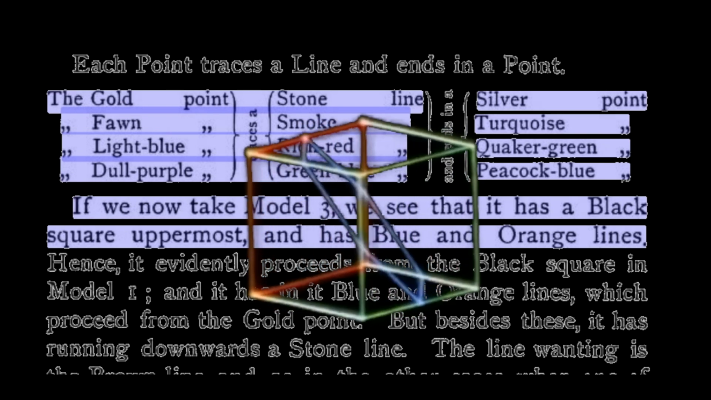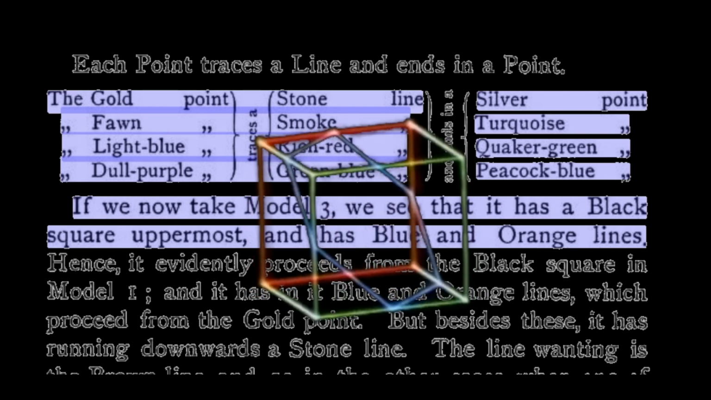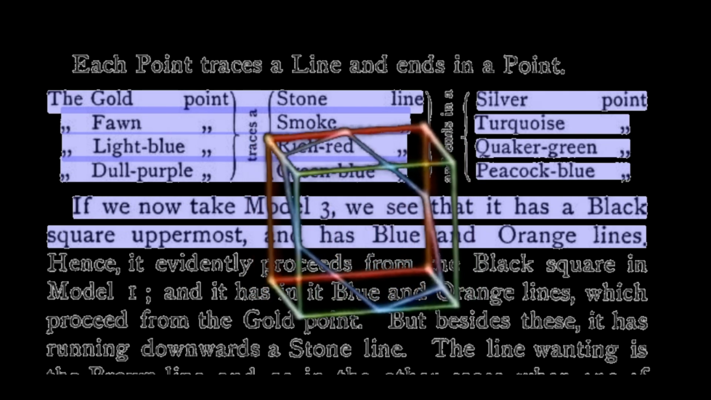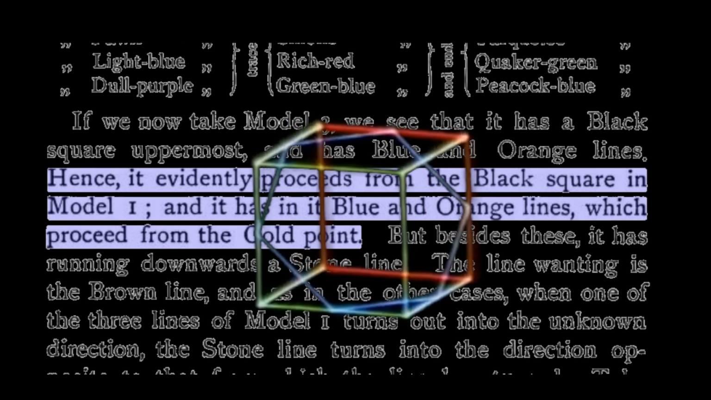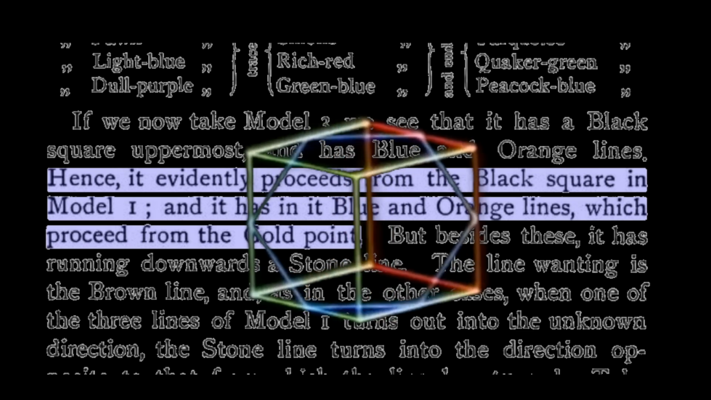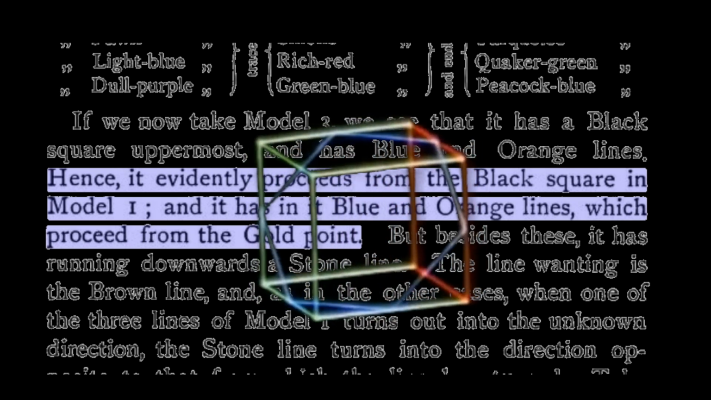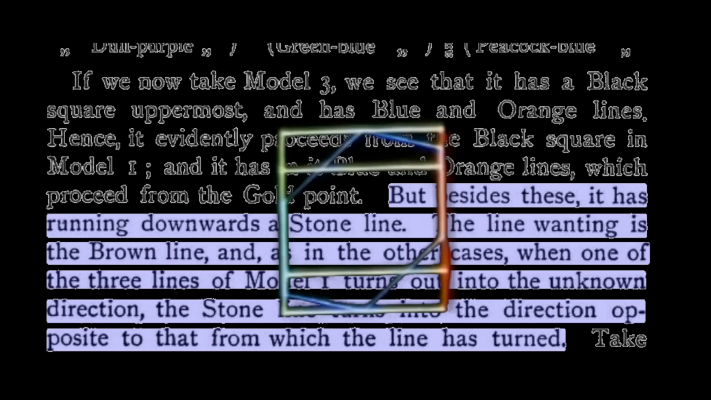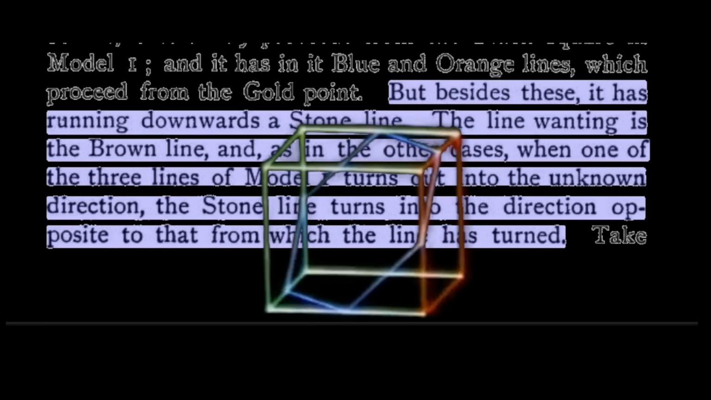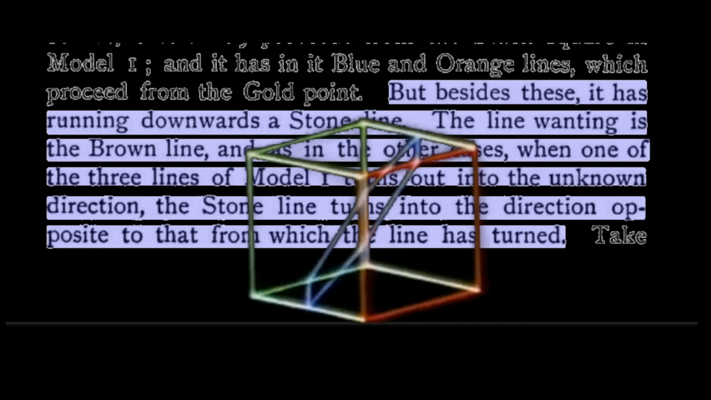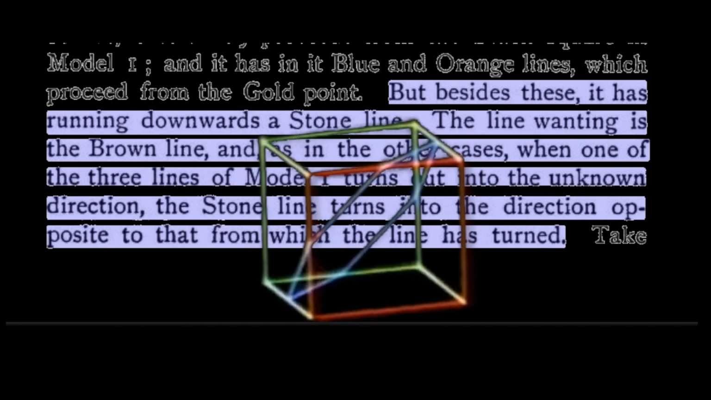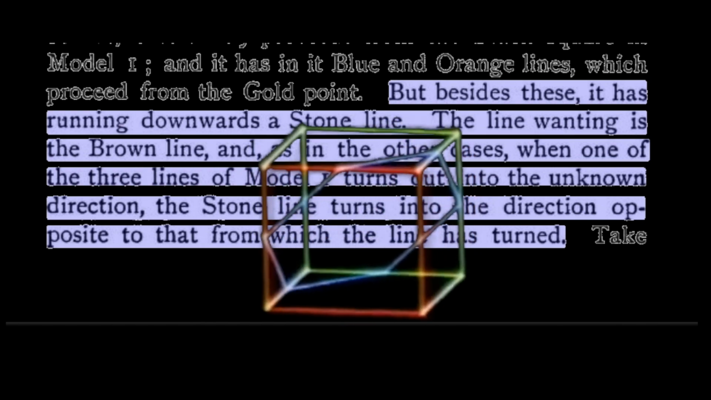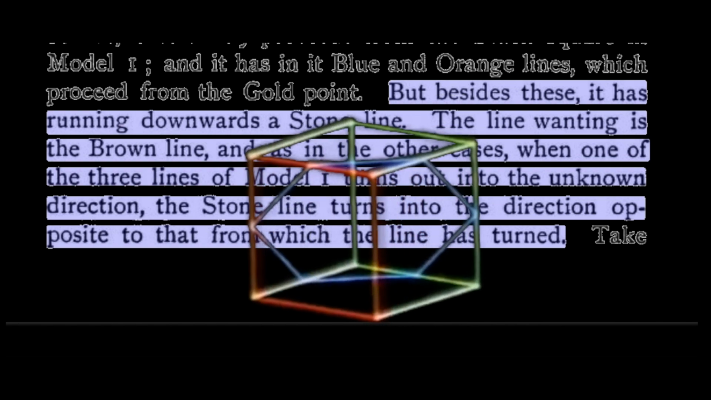If we now take Model 3, we see that it has a black square uppermost, and has blue and orange lines. Hence, it evidently proceeds from the black square in Model 1, and it has in it blue and orange lines, which proceed from the gold point. But besides these, it is running downwards a stone line. The line wanting is the brown line, and, as in the other cases, when one of the 3 lines of Model 1 turns out into the unknown direction, the stone line turns into the direction opposite to that from which